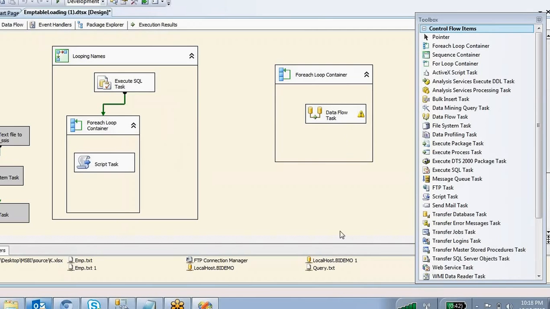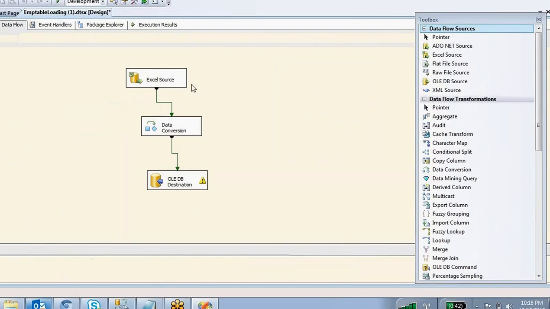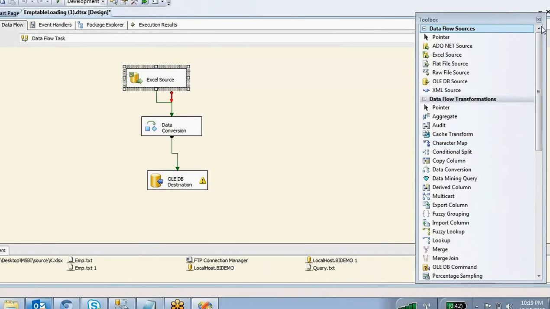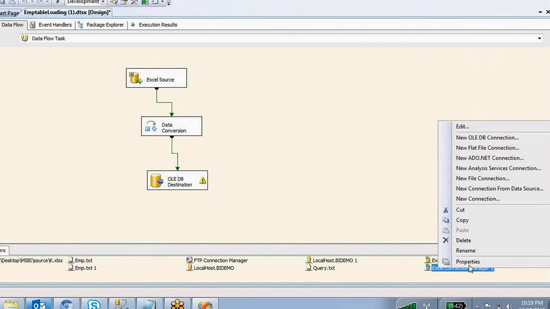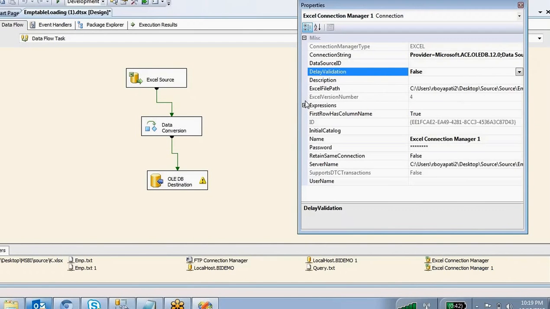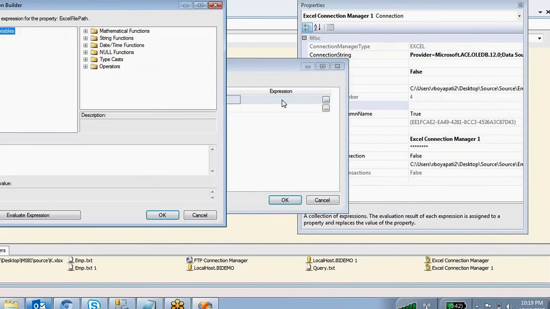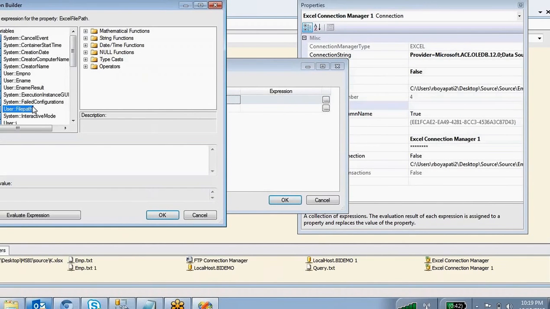Right. I want to make this connection dynamic. So what is that connection? Excel connection manager 1. I want to make this connection dynamic, using the Excel file path and the variables.